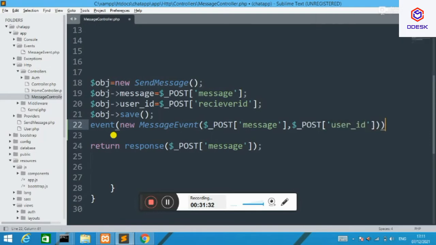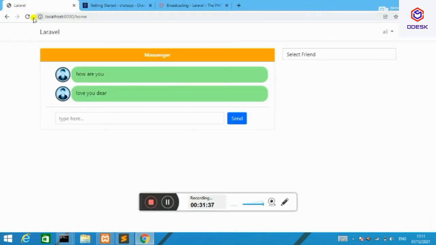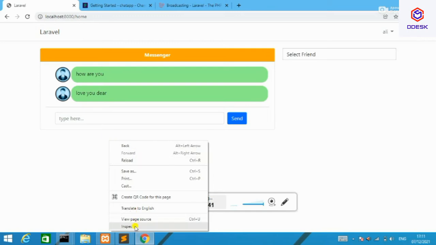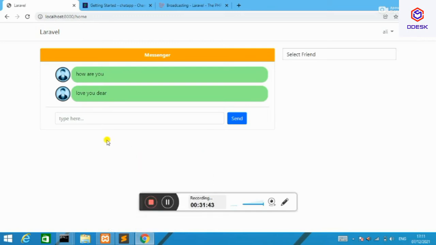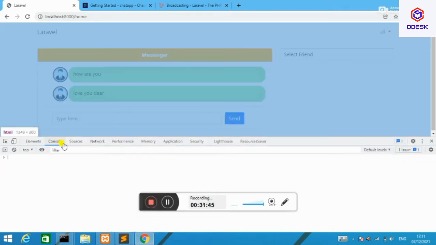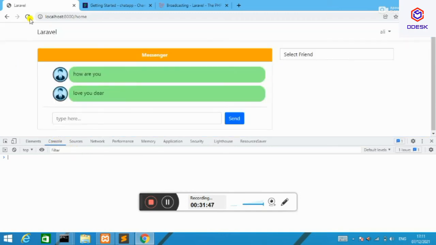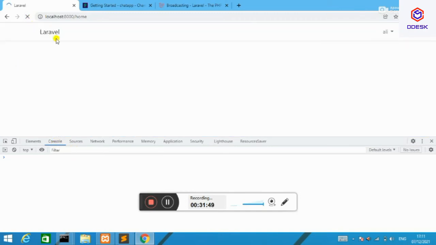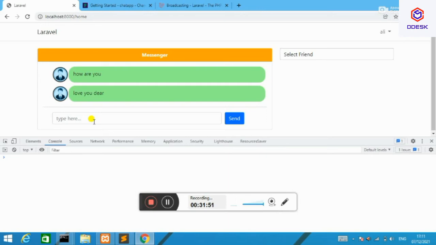And type here the user ID which you want to broadcast to, right? This is how your message would be sent online, and your friend or any other user to whom you want to send a message would be able to receive it in real time without refreshing the page, as you receive a notification on Facebook.